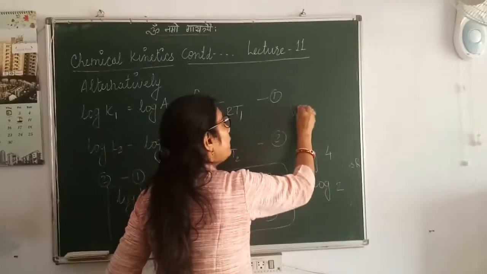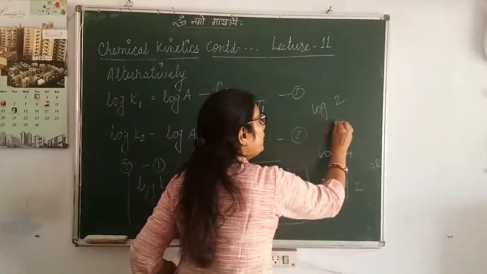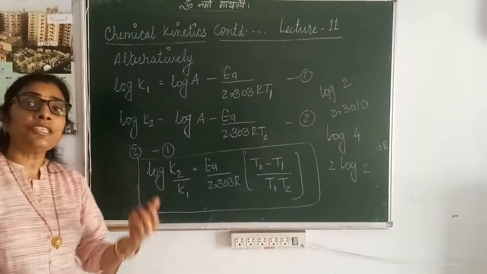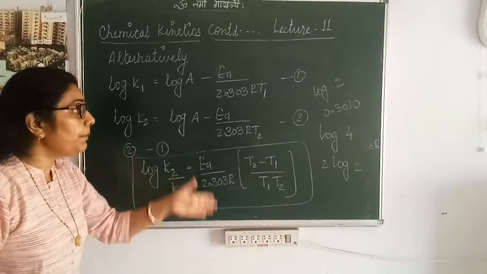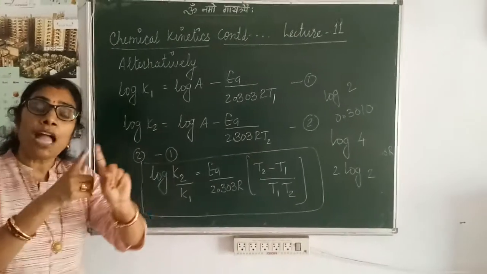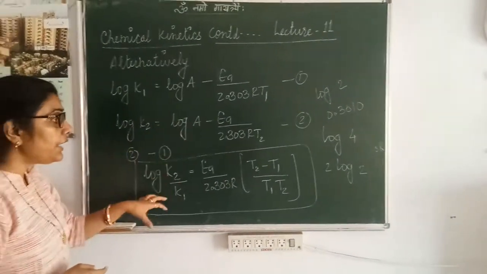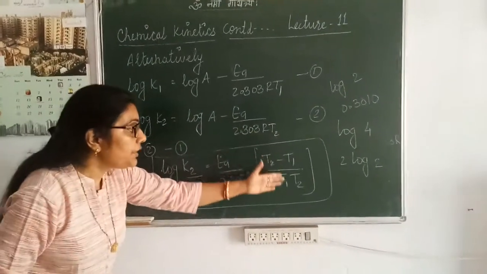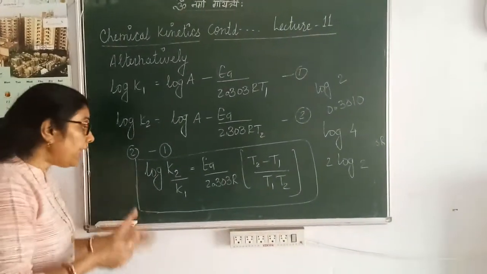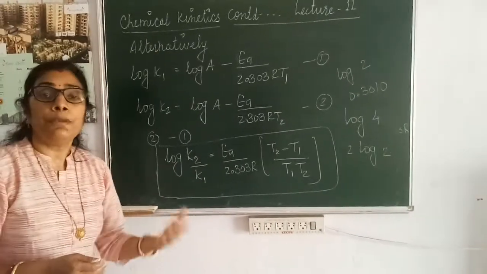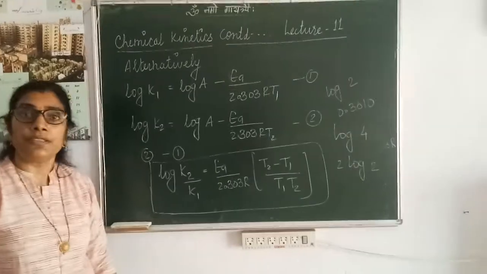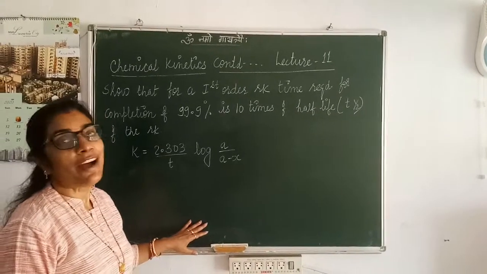So if you remember the value of log 2 is 0.3010, then you can easily calculate it. Normally the questions are given like that: doubled, tripled, quadrupled and so on. So graphical representation, you have to know this law, and in this case what is going to happen? Temperatures might be given, you are asked to calculate the activation energy provided the reaction is doubled, tripled, quadrupled or depending upon the circumstances.